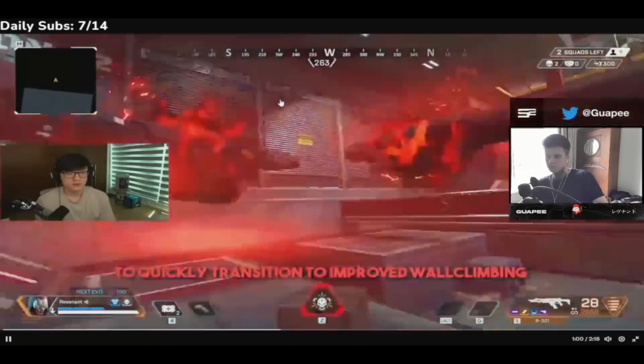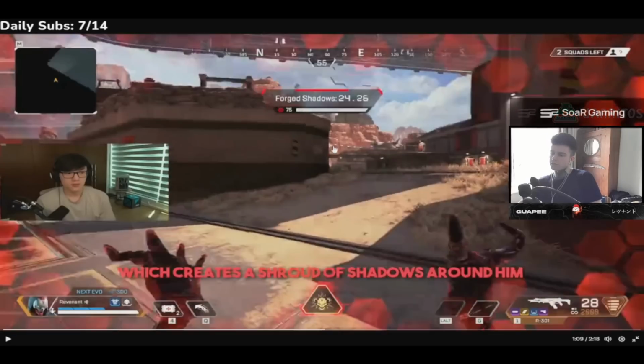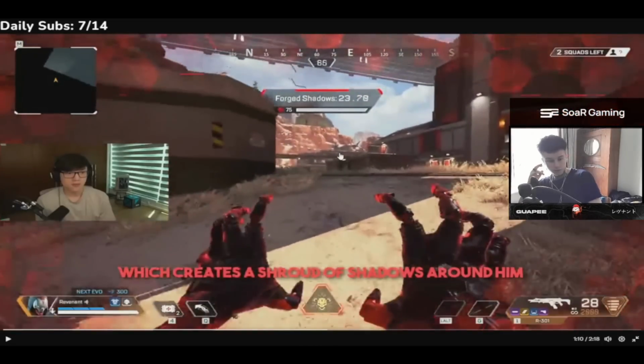Improved wall climbing, or to simply reposition for a... I could just do that into a wall run. I'm going to pick up a Kraber, jump into a corner of a building, wall run around, and hit a fucking headshot on someone. Angle. Oh, it is 75. Shadows around him. Yeah, he has about... Yeah, I mean, that's like old...